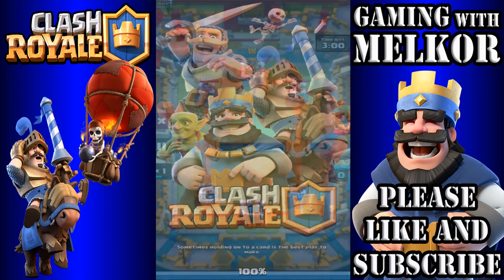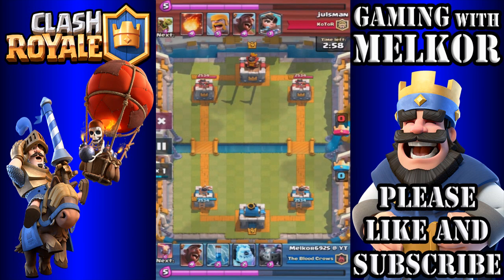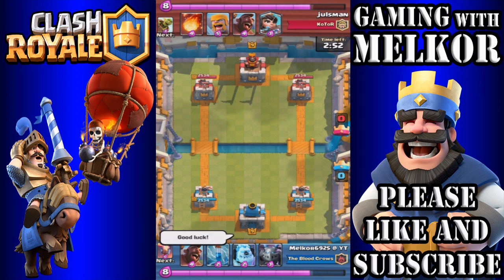So let's just have a look at one more replay here. Again, obviously our opponent does have an interesting deck here with the Hog Rider, the Barbarians, and the Princess, and the Goblin Barrel as well. As always, wish your opponent good luck, let that elixir build up, and let's wait to see what our opponent